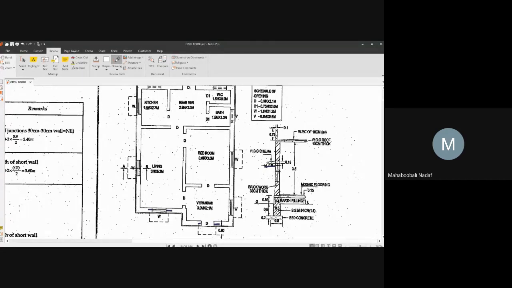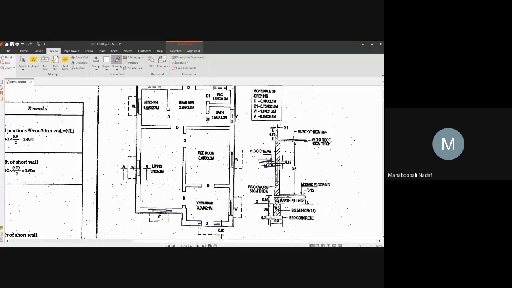Thickness, sir. Thickness is taken as average, 0.15 plus 0.1 divided by 2. They have taken average. If you are not taking average also, it is no problem. Concept here is wherever window, wherever doors are there, that opening size plus 0.15 plus 0.15 is the chajja width, and its length is given 0.6 in the cross section, and its thickness is given in the cross section.